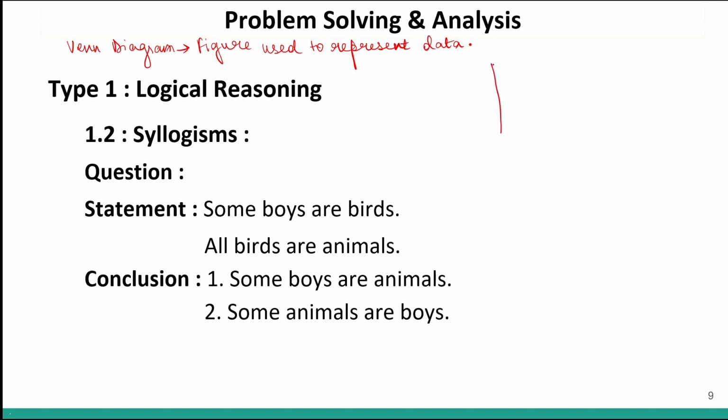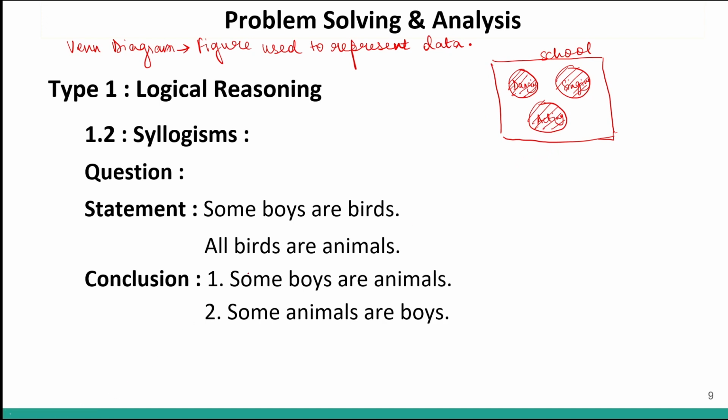For example, this data, let's say, is my school, right? This square or this rectangle represents my school. Now, in this school, there will be some students who like dancing. There will be some students who like singing. There will be some students who like acting and so on, right? So out of the school, I can say this section likes dancing, this section likes singing, and this section likes acting, and so on. So this is what you mean by Venn diagram. Venn diagrams are small picture representations that we use to represent data.